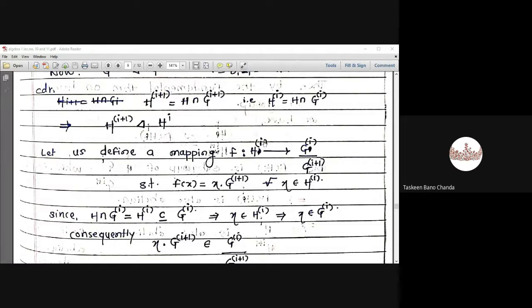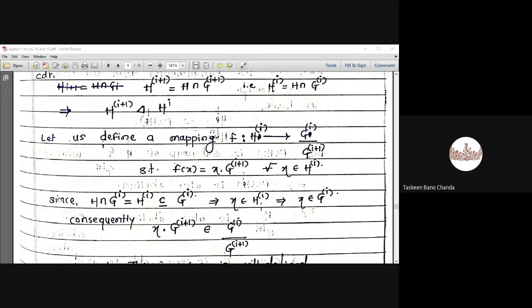h raised to i, and every element from this codomain group, g raised to i upon g raised to i plus 1, is in the form of x into g raised to i. आहे का हा फंक्शन? हा जो आलेला कोडोमेन आउटपुट आहे हा कोडोमेन मध्ये असायला पाहिजे, म्हणजेच हा फंक्शन वेल डिफाइंड